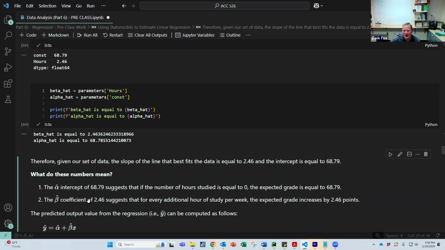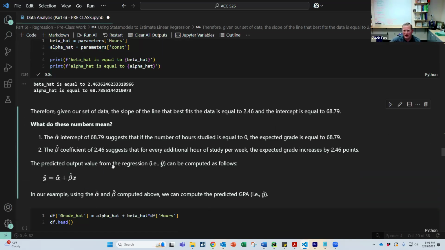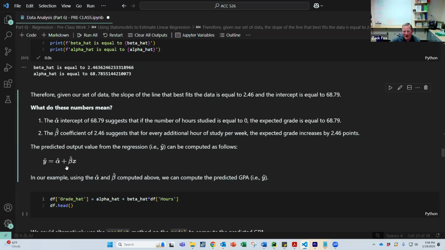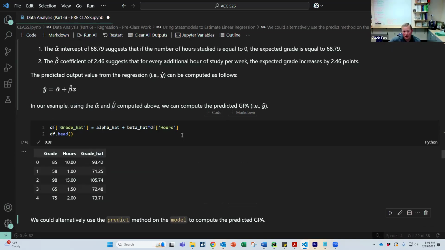The beta coefficient now says for every additional hour of study per week, the expected grade increases by 2.46 points. So the predicted output value from regression can be computed as follows: y hat equals alpha hat plus beta hat x, okay? In our example, using the alpha hat and beta hat computed above, we can compute the actual predicted GPA or y hat,